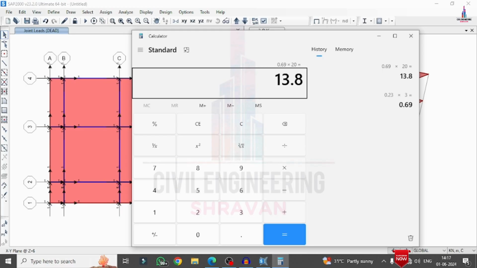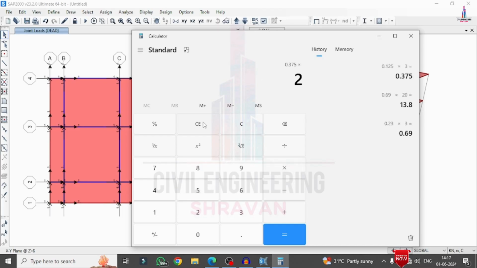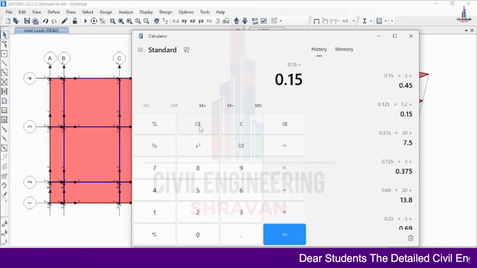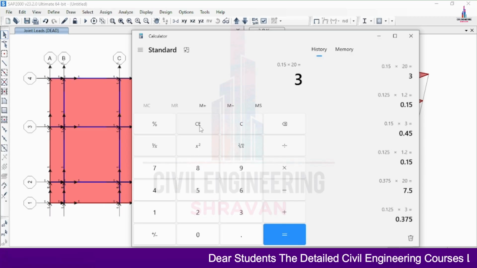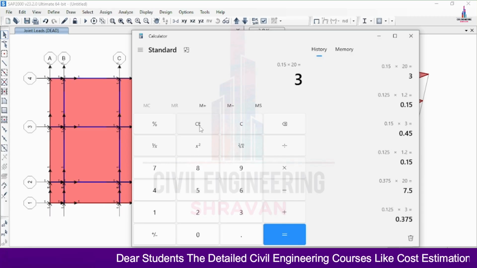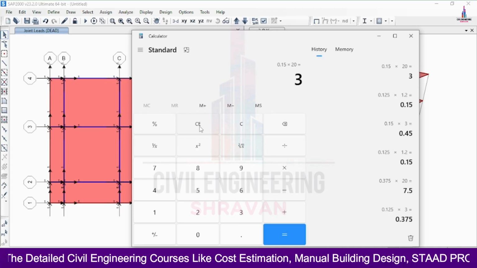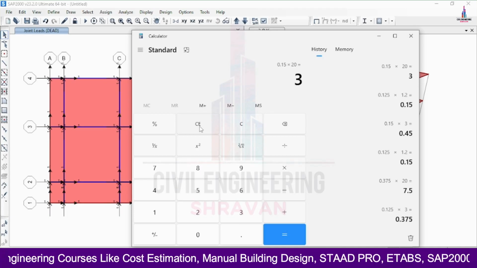In the same process I am considering the internal wall, which has 0.125 as the thickness of the wall and 3 meters as the height. If I multiply this value with 20, then it will be 7.5. In the same process, I am considering one more section of 0.125. I have to multiply this value with the 1.2 meter height of the wall and multiply with 20. Then it comes to 3 kilonewton per meter. So we have to sum all the values, which are 13.8, 7.5 and 3, which comes to 24.3